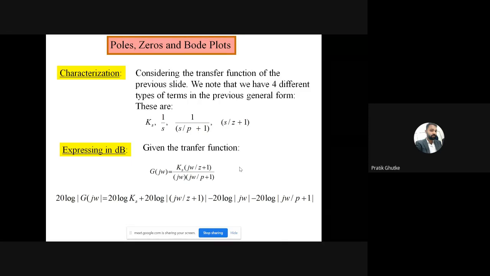So in this transfer function, first of all, I will calculate the 20 log of |jω/Z + 1| term of the numerator, and then subtract the denominator terms, that is 20 log of |jω| and 20 log of |jω/P + 1|. In an upcoming class, we will see actual numericals. First of all, we should know the basics of Bode plots. In these slides, we are seeing the basic terminologies or steps to calculate